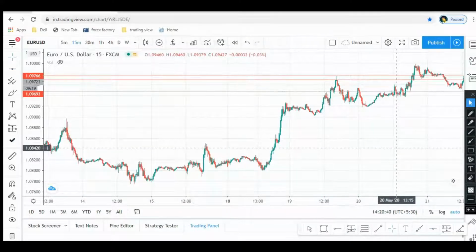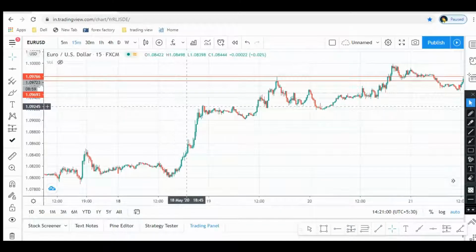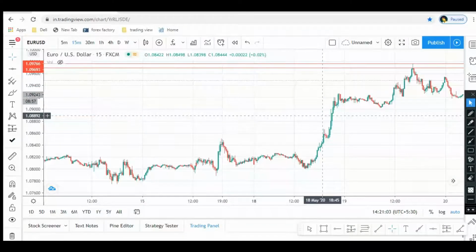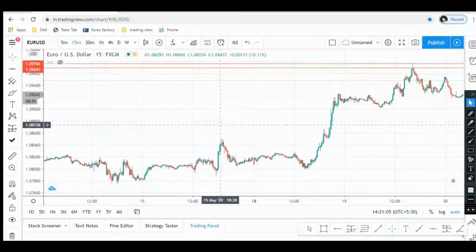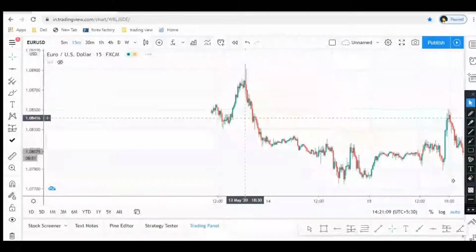One more thing I want to tell you: whenever you see any wick like this, and after that the candle makes a shape like this, you should draw your horizontal line, first on this and second on this, and find out in the past how this line is working and which one is very strong. So we will go back and find out.